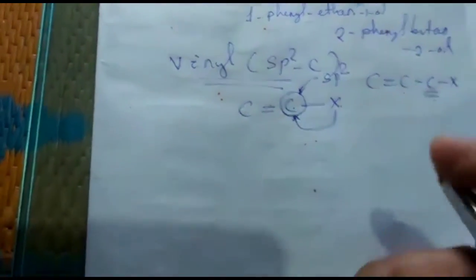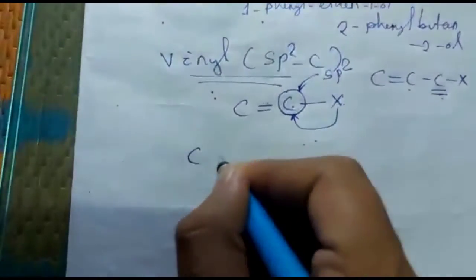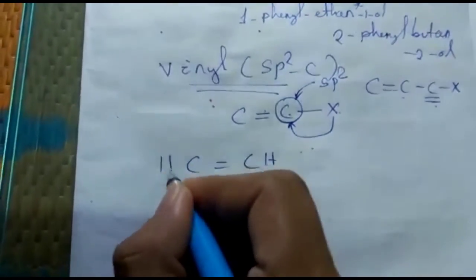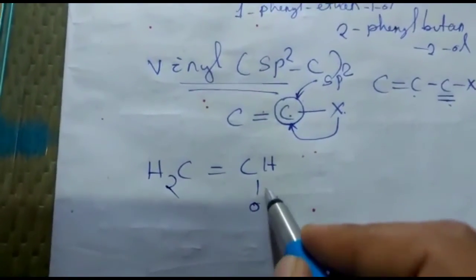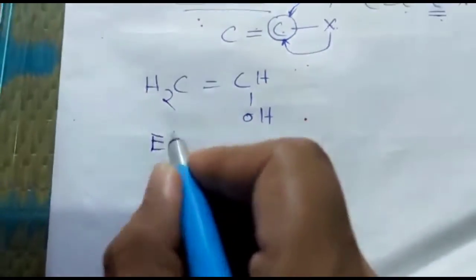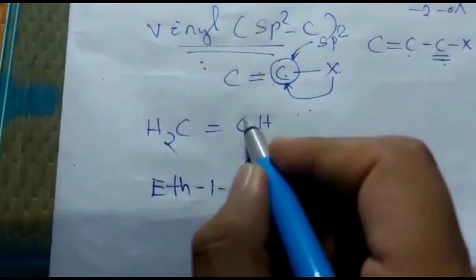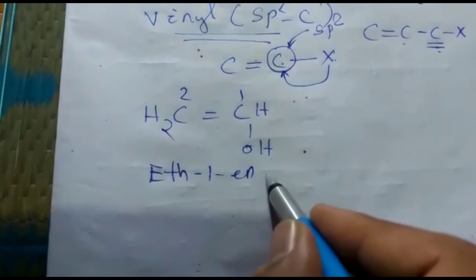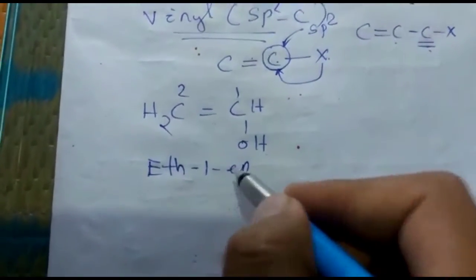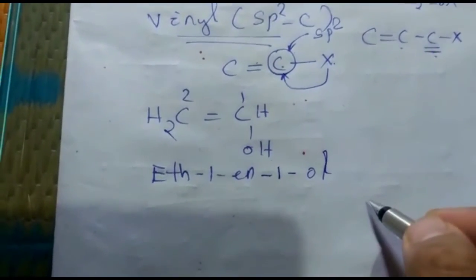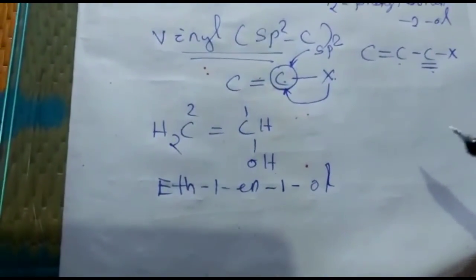We can write like this. In case of alcohol, what can we write? Suppose two carbons are there. It is CH, OH, tetravalency satisfied. Here H2, tetravalency satisfied. Now see, this is our vinylic. And what is the name? Eth-1-en. In the first position, double bond is present. Therefore, eth-1-en. We cannot write ethane. It is double bond, ethene. And in the first position, alcohol is also present. So 1-ol. In this way, we can classify the alcohols. In the next video, we will discuss phenol and ether.